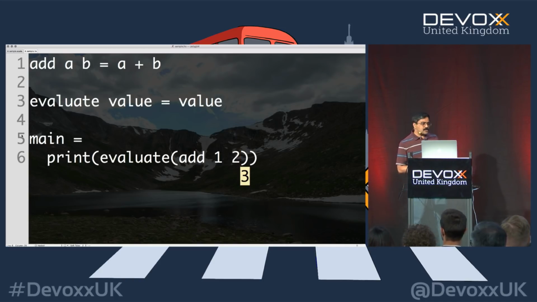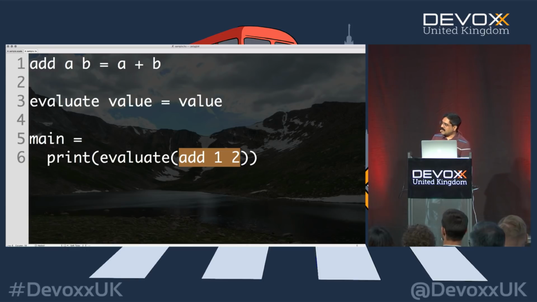But what's really interesting in this code is if you go to Haskell and say, hey, Haskell, I want you to call add, Haskell would say, why? Well, because I want to send it to evaluate. And Haskell says, then go call evaluate. Okay, Haskell, run evaluate. It says, but why? Because I want to pass it to print, and print has a side effect. It's going to display the result. And Haskell says, well, then go call print. Don't waste my time calling stuff you don't really need to call right now.